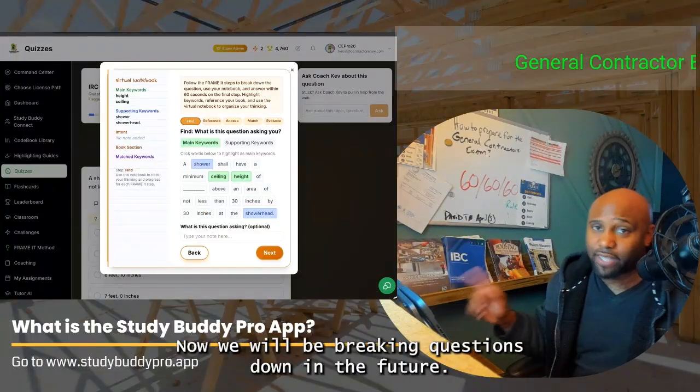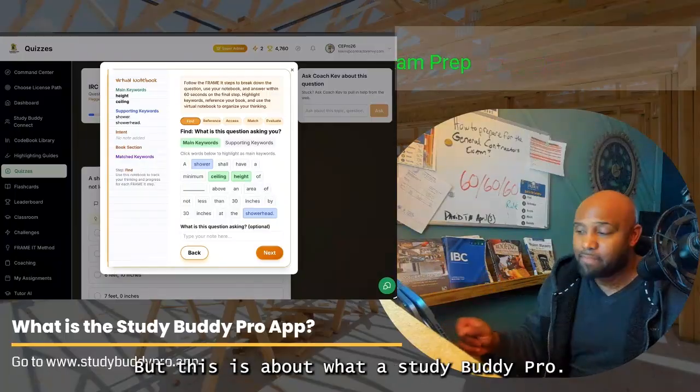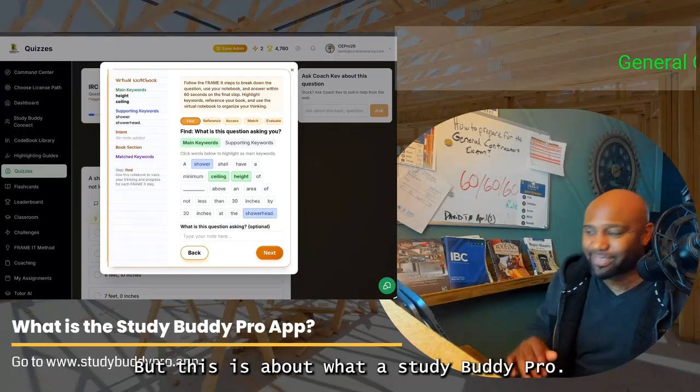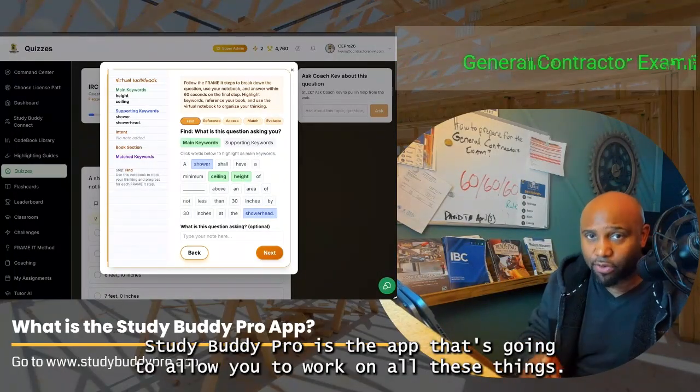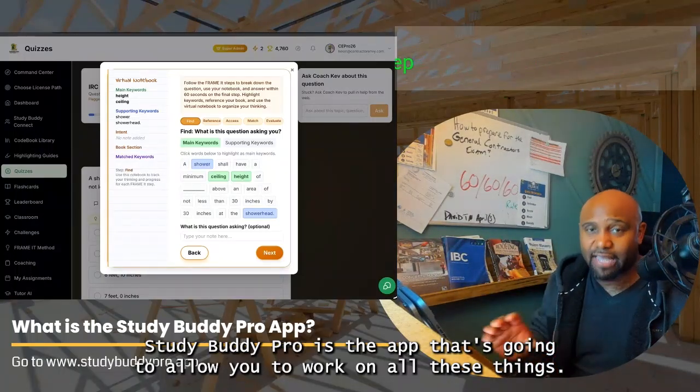We will be breaking questions down in future videos, and there are videos coming up even today. But this is about what Study Buddy Pro is. Study Buddy Pro is the app that's going to allow you to work on all these things to break the